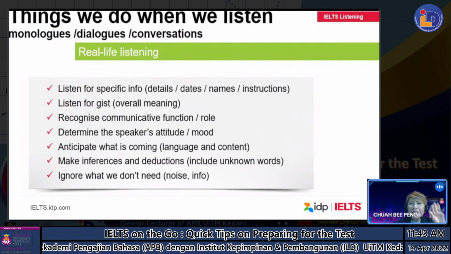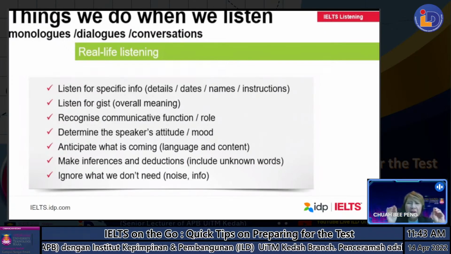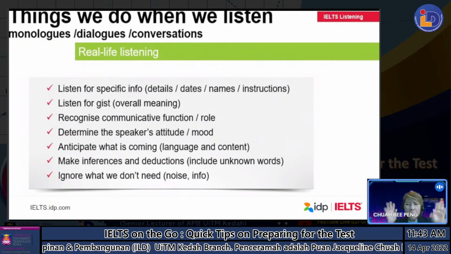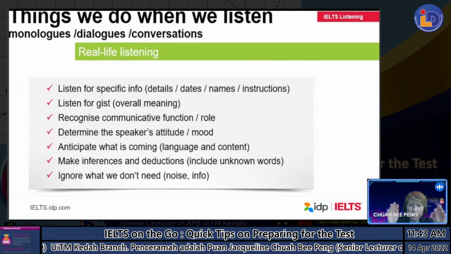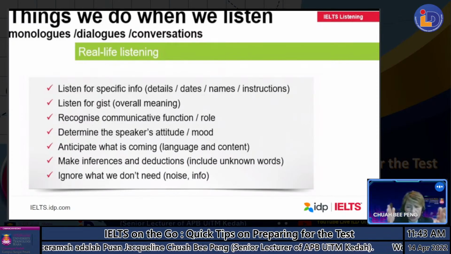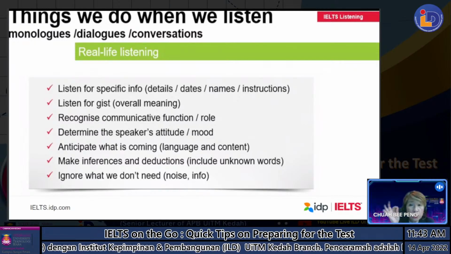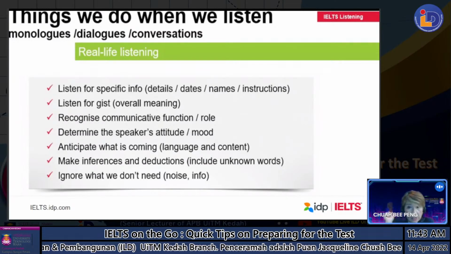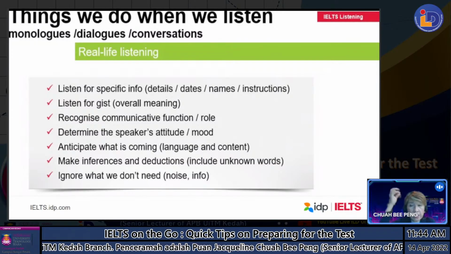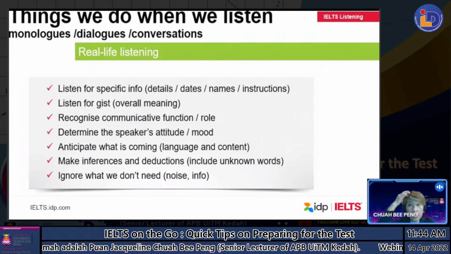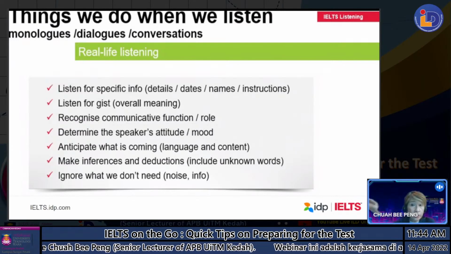All right. So don't sit there and let your mind wander off, think about what to buka puasa, what to do for Raya and all this. Focus. Look at the questions and pay attention, especially to the keywords. Let's say the question asks you, what is the color of the building? So when you listen, your brain will actually tune more towards words that are related to colors. If you have already given your brain that signal that I need to listen for color, then your brain will capture that. If you don't read the question, you don't know what you're listening for.